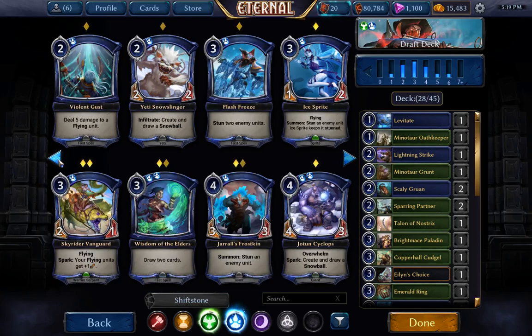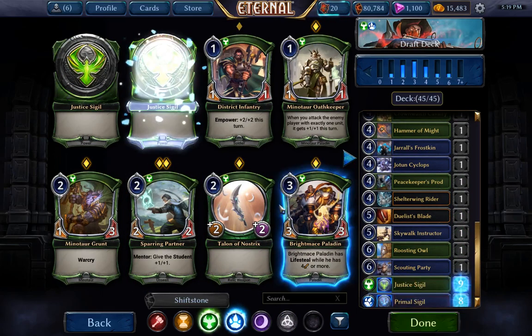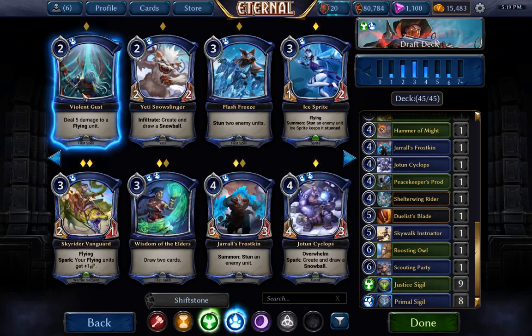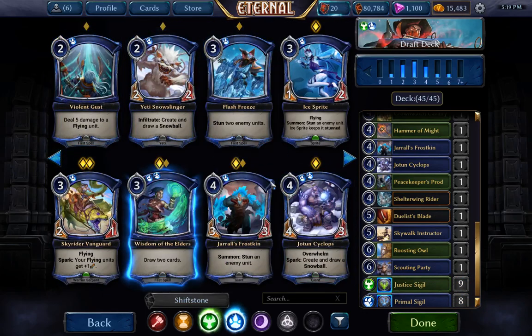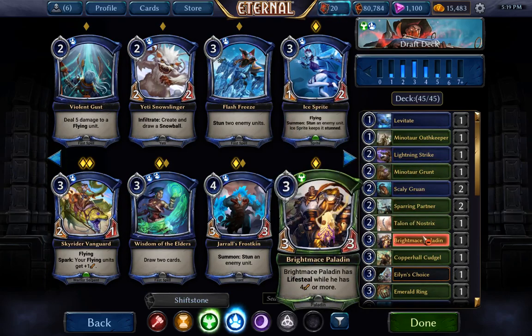It's too bad that we have no sideboards in this game, because we have a lot of very good sideboard cards to put in. Like, for example, the Violent Gust is a fantastic sideboard card. Flash Freeze is a very good sideboard card. If we want to slow our deck down, we can use Wisdom of the Elders as a very good sideboard card. Oh, let's cut the...